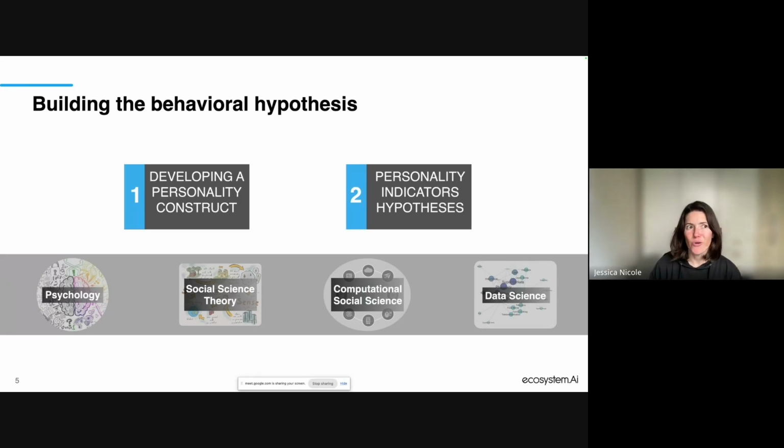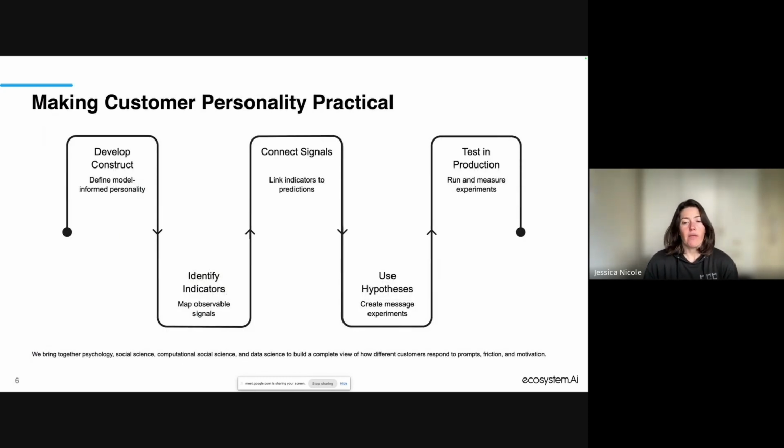I'm not sure if Jay's on the call. I'm sure he could talk a little bit more to that. But then we have data science, which a lot of people already know about, and that's where we come down to the analysis. So how do we take our human behavioral hypotheses and bring it together to create something?